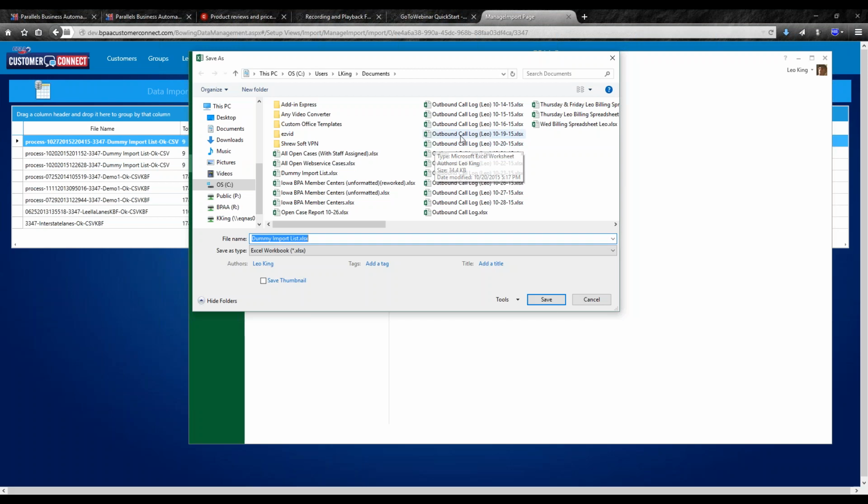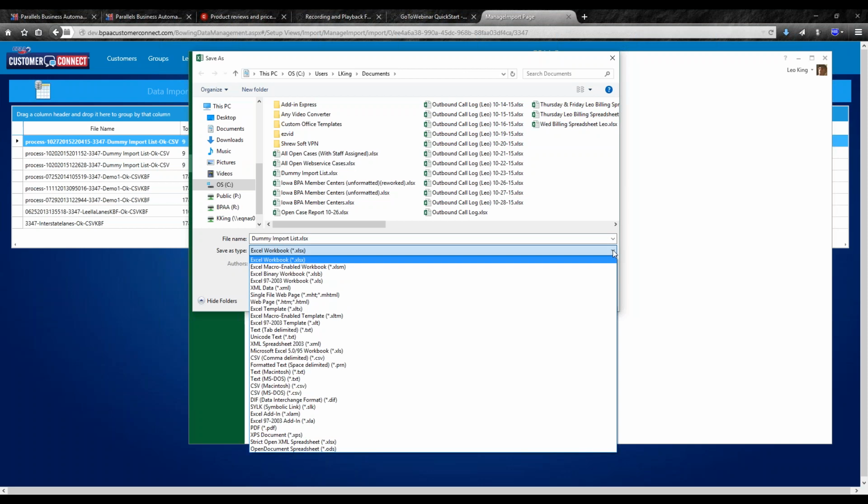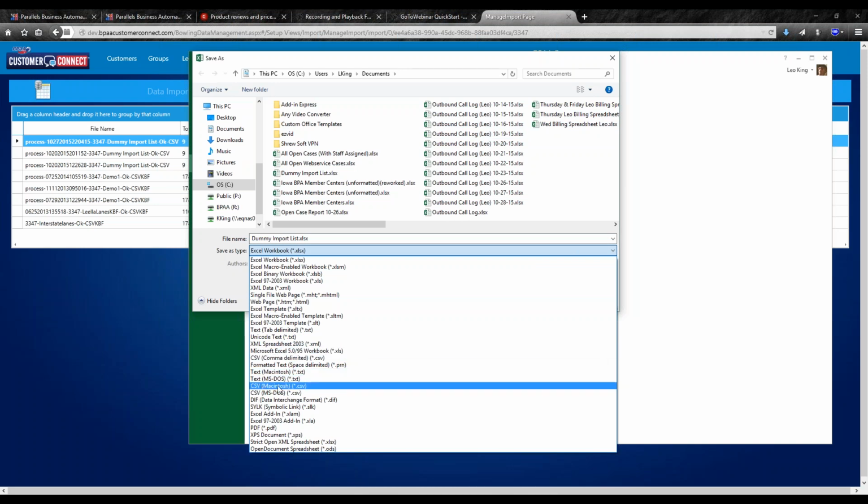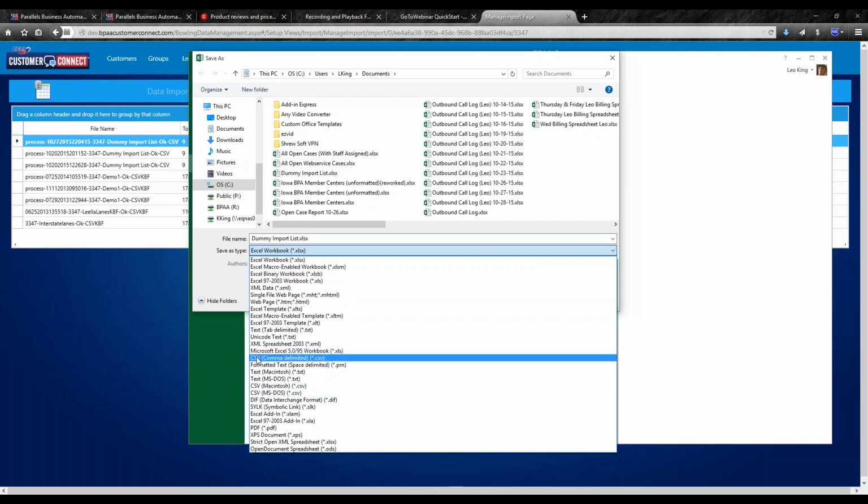Now once the Save As window has opened up, we're going to come down here to the Type, and we're going to hit the down arrow. And what we are looking for is right here, CSV, comma delimited, or CSV files. Now if you notice right down here, there's two additional types. Those other ones are for Mac or for the old DOS format. We're going to stick with the regular top one, CSV, comma delimited. So once we go ahead and click on that,